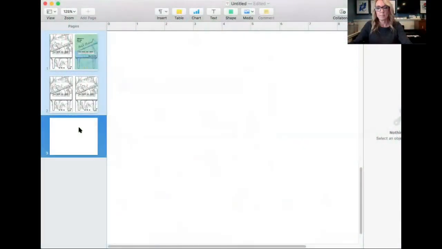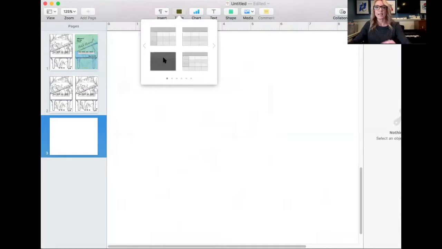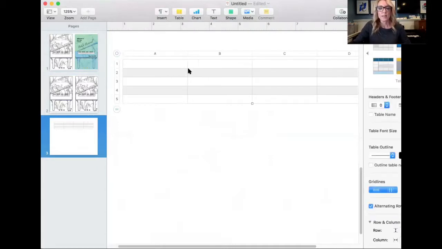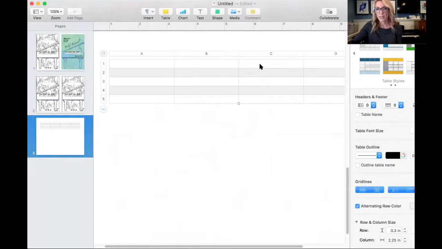But let's get to the meat of the program, and that is the inside. Who's playing and when. So I think Andre has a fabulous tip here of always using a table to enter this information. Now this table is way too wide for what I want, because I want to make a booklet. So I'm just going to delete this column, and then I'm going to start making all of these columns about